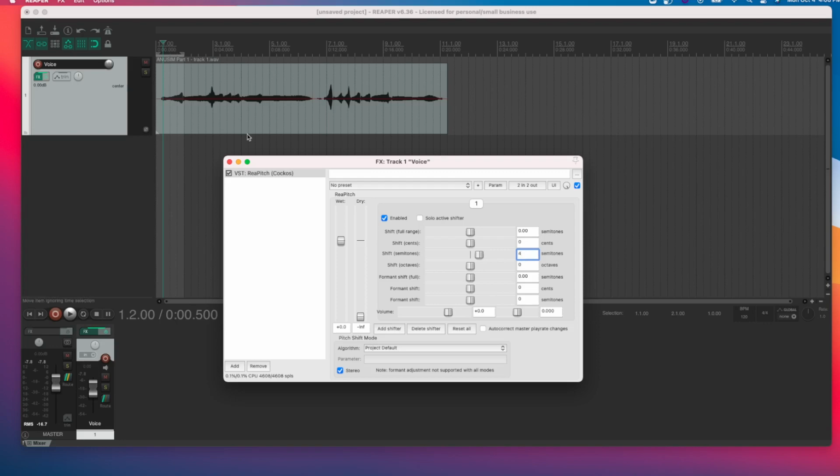So what this will do now is it'll play the original sound. Let me actually add the dry. So if I have the dry and the wet together, I will hear the original sound, and this is now the transposed or pitch shifted version, a major third higher. So take a listen.